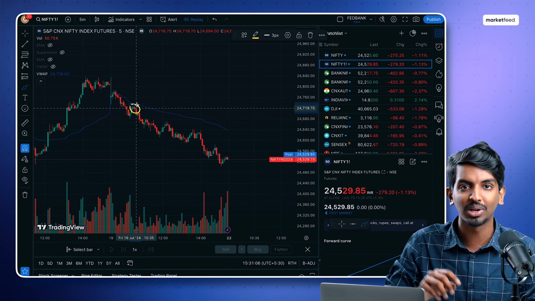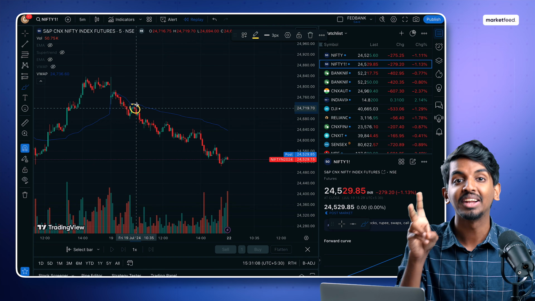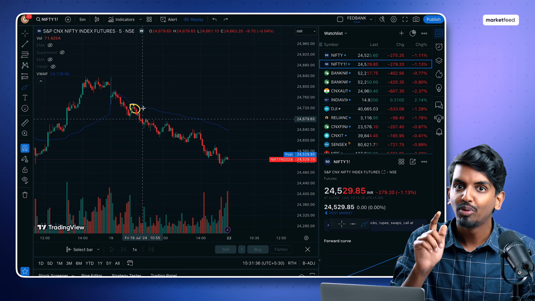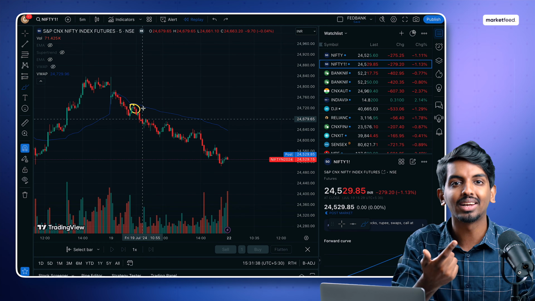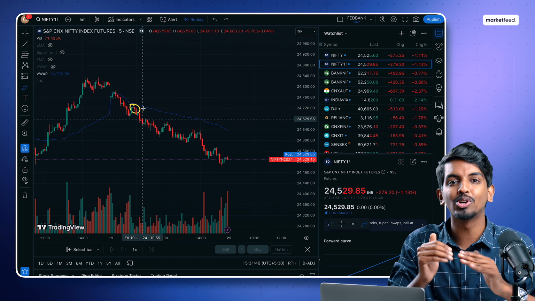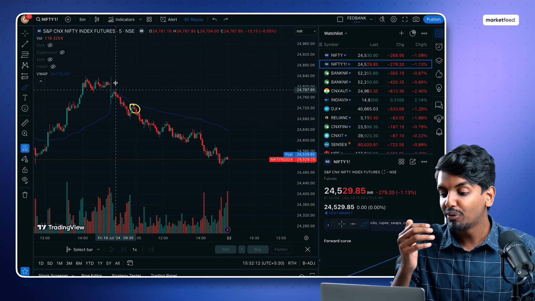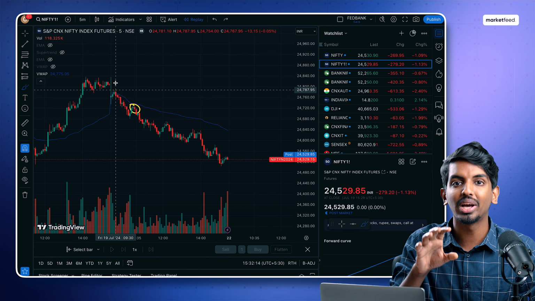So as I talked about earlier, you got a sense of direction. Now you need an entry point. And that is where VWAP comes into play. VWAP will help us make good entries and make sure that our exit points or our stop losses are very, very nearby. So I want you to understand, if you got the trend from the change in OI as bearish